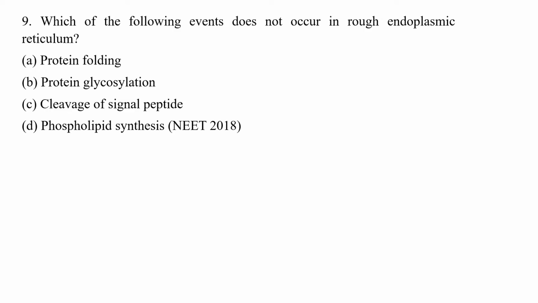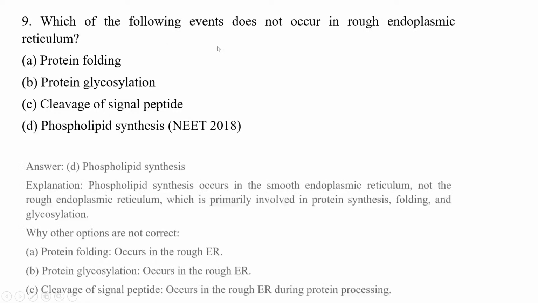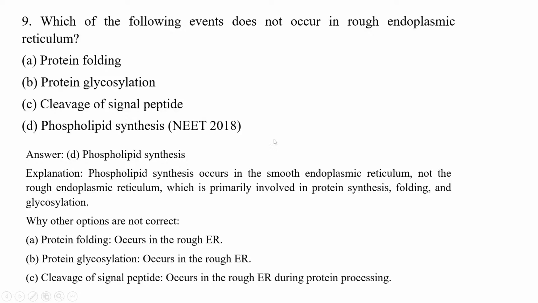So the correct answer for this question will be phospholipid synthesis. Phospholipid synthesis mainly occurs in the smooth endoplasmic reticulum, not in the rough endoplasmic reticulum. The rough endoplasmic reticulum is mainly involved in protein synthesis, protein folding and glycosylation of the proteins. And the smooth endoplasmic reticulum is mainly involved in lipid synthesis and detoxification of toxins. So for this question, the correct answer will be